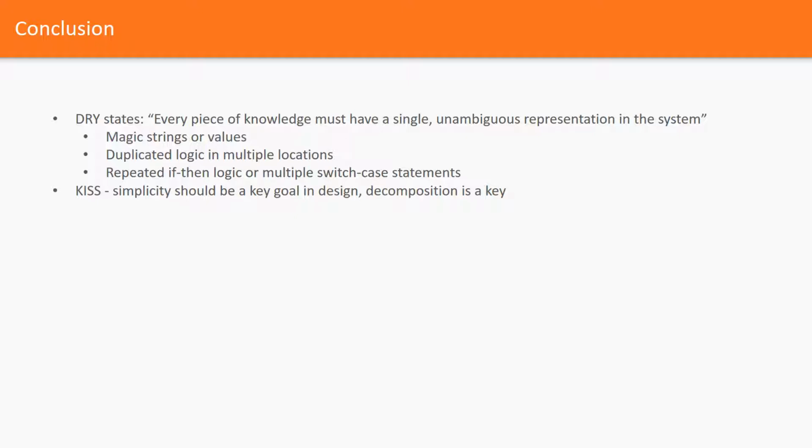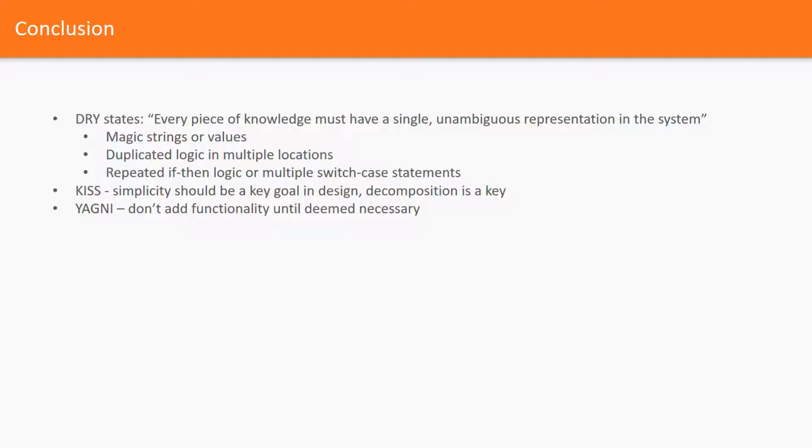You learned that KISS implies that simplicity should be a key goal in design and unnecessary complexity should be avoided. The main technique we use to struggle with complexity is decomposition. The complexity imposed by the domain itself is called the essential complexity. Accidental complexity is the complexity of our solutions, which are intended to solve the problems of the domain.